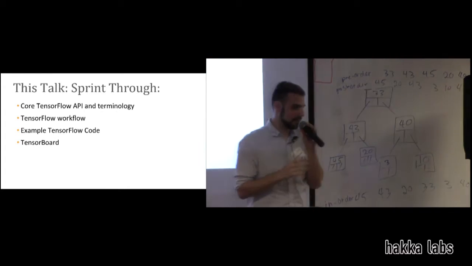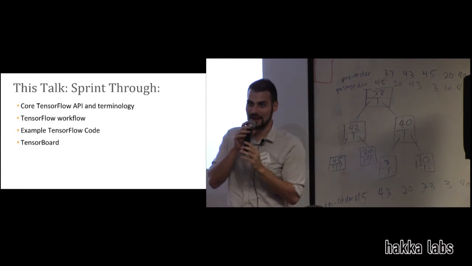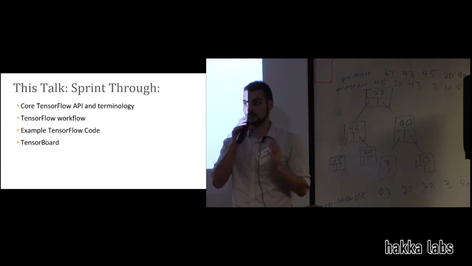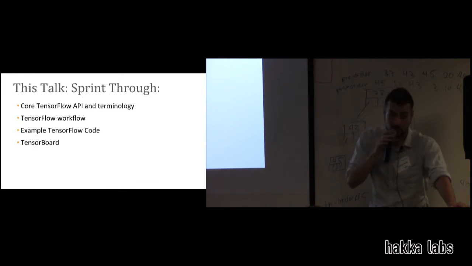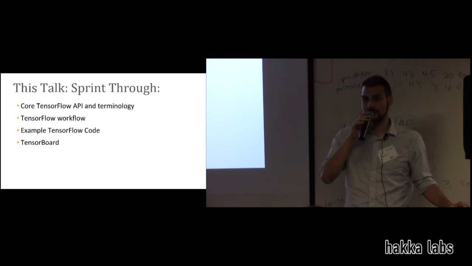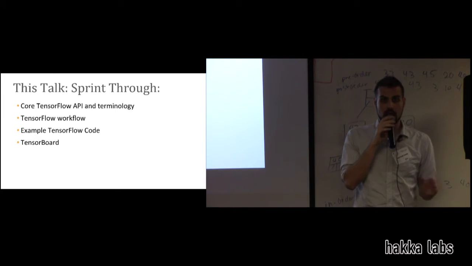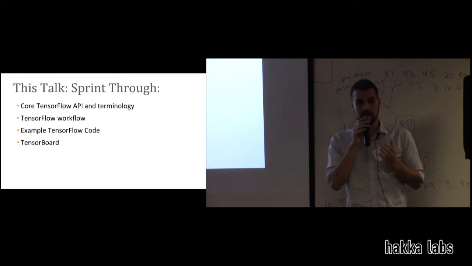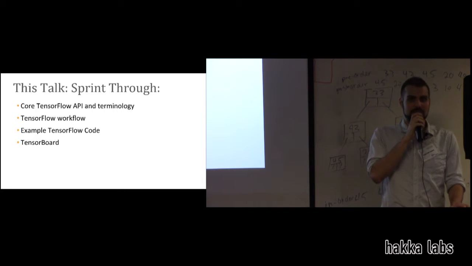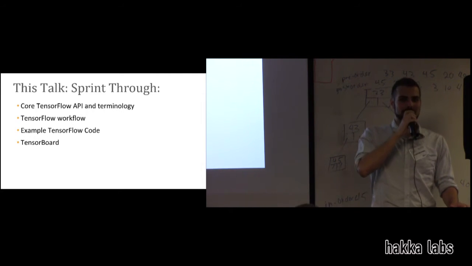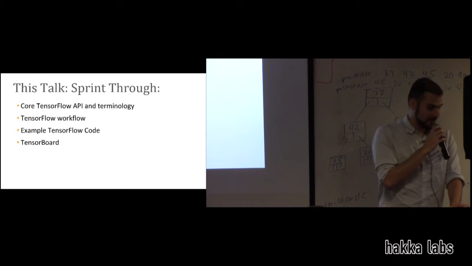So we'll be going through this, and I'll do my best to be thorough, but at the same time, I don't want to bore those who are using TensorFlow. So we're going to go over some of the core TensorFlow API and terminology. I don't want anybody to be left behind as we move forward. On the whole, TensorFlow isn't a very complex workflow, but I don't want people to get lost when we start talking about graphs and edges and adding nodes and all that.